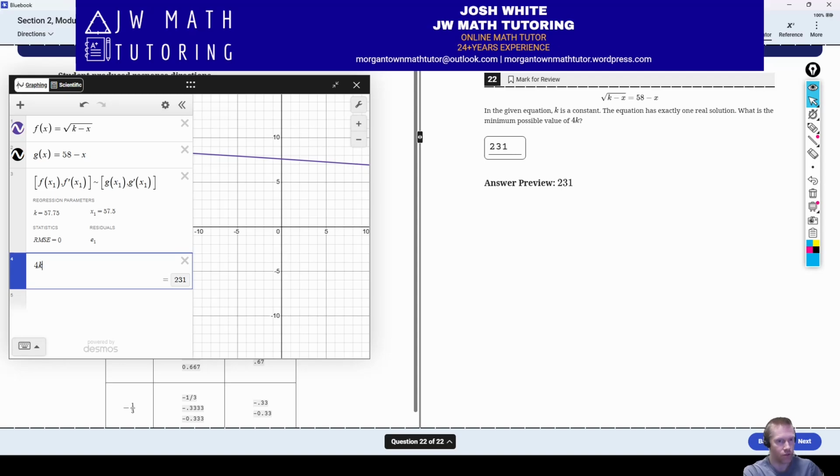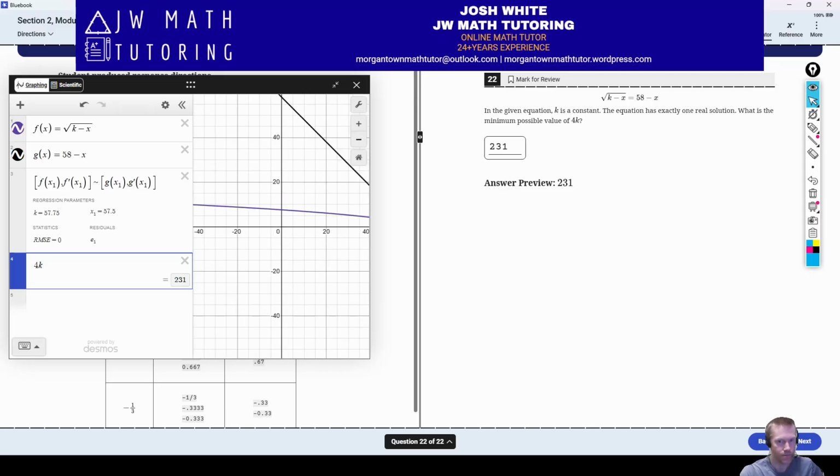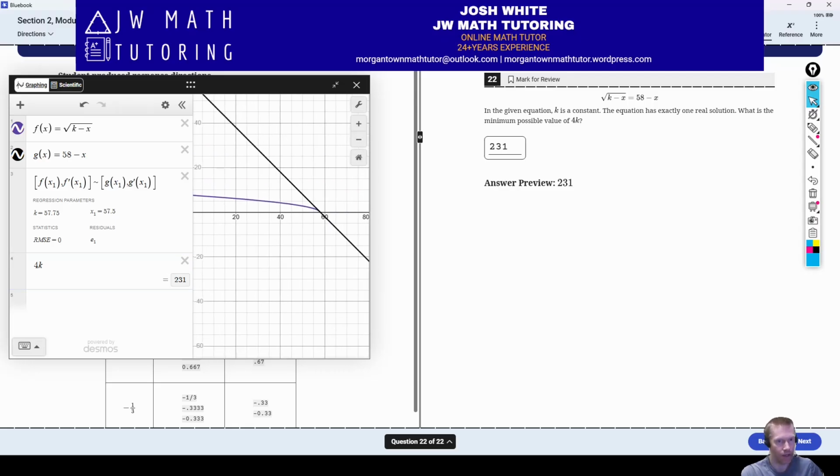Just briefly, what this approach is doing is it's basically saying where do both functions have the same value? That's what the f of x and the g of x equaling f of x1, g of x1 means. And where are the derivatives of both functions equal? That's what the primes represent, the derivative of f, the derivative of g, meaning where do they both have the same tangent line slope? If you haven't taken calculus, then you have probably never heard of a derivative, and that's fine. You don't need to understand the theory behind it. You just have to know that it works. So this is an alternate approach you can do in Desmos, and it, again, finds us the correct answer,